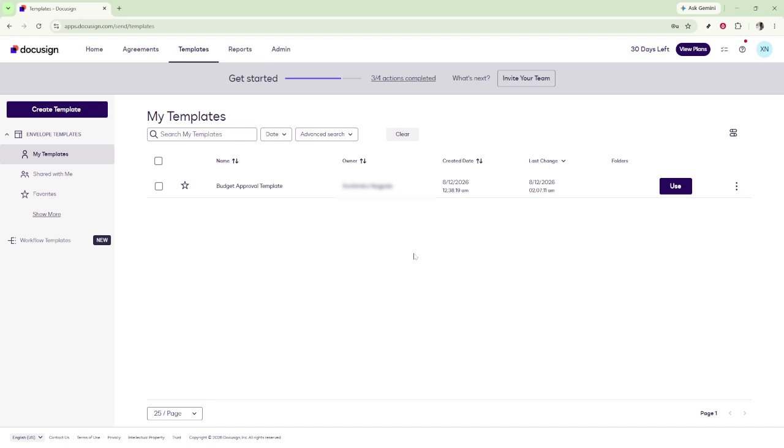If you're managing important or frequently reused templates, adding password protection is a simple way to improve security and help